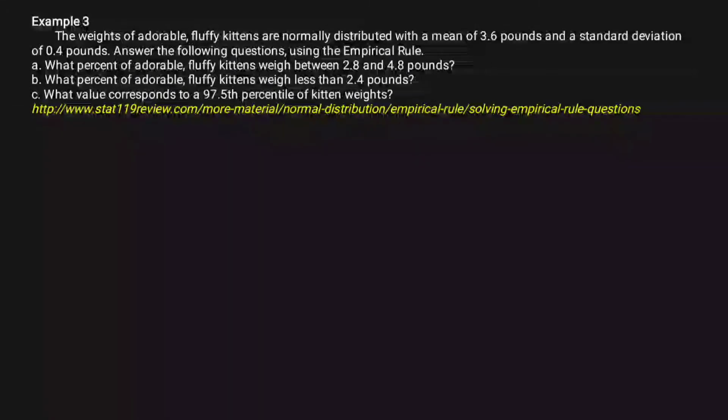The weights of adorable fluffy kittens are normally distributed with a mean of 3.6 pounds and standard deviation of 0.4 pounds. Answer the following questions using the empirical rule. Letter A, what percent of adorable fluffy kittens weigh between 2.8 and 4.8 pounds? Letter B, what percent of adorable fluffy kittens weigh less than 2.4 pounds? And last, what value corresponds to a 97.5